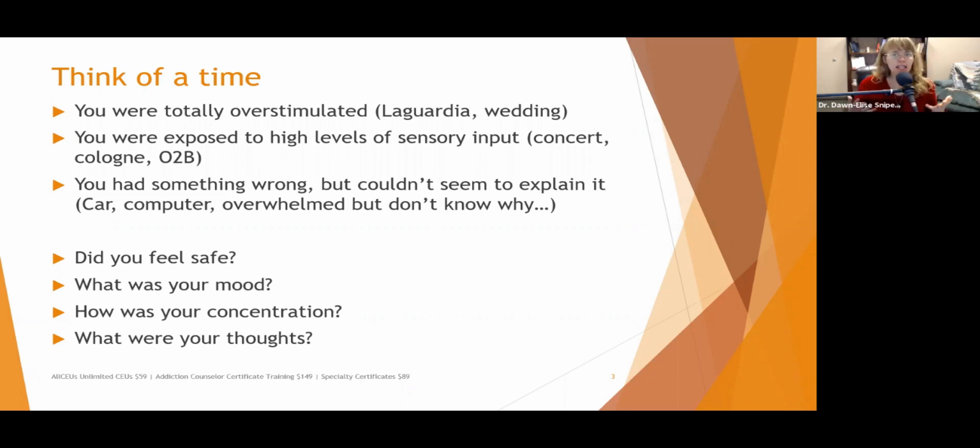Also, think about another time you had something wrong but couldn't seem to explain it. When I have something go wrong with the computer, and thankfully my husband is my chief technical officer, so he's used to it, I will say it's not working or it's broken, and he's like, you need to give me more than that. And I've learned over the years to take screenshots and everything. Or when you go to the mechanic and you tell the mechanic that the car's making this intermittent squeaky sound. I hate the intermittent sounds because they never show up when you're at the mechanic.